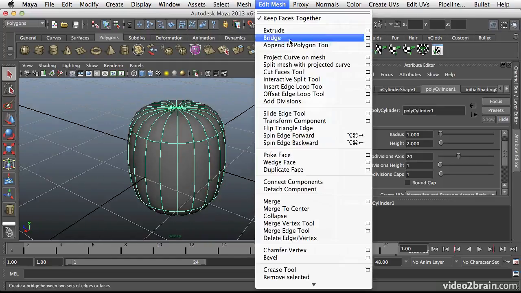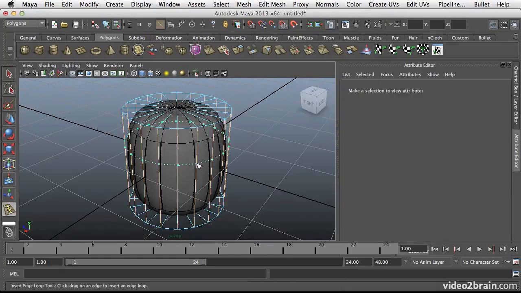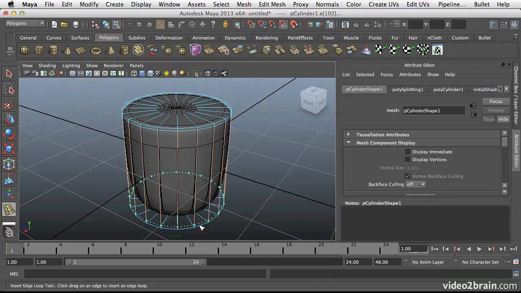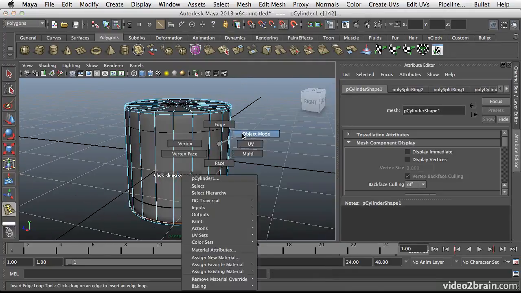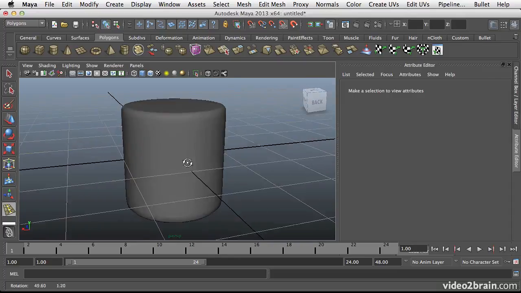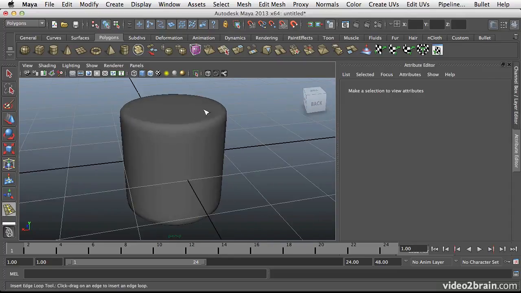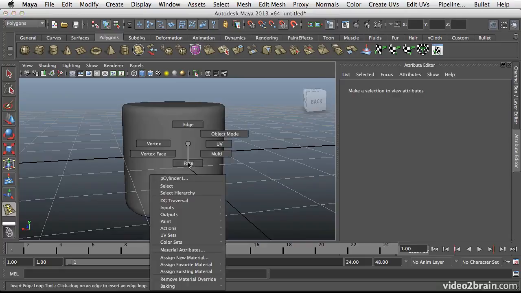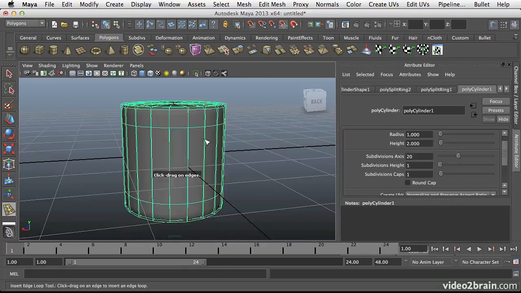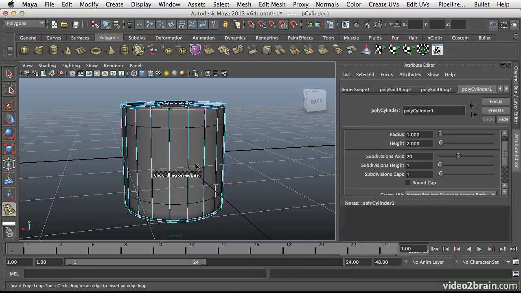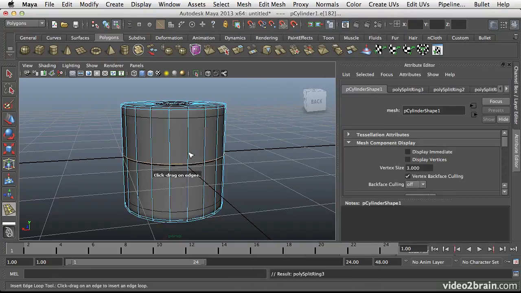So I'm going to go up to my Edit Mesh menu, and I'm going to choose Insert Edge Loop. And I'm just going to click and drag one there, and I'm going to click and drag one down there. And now again, we'll go back to our object mode, and you can see I've really reduced the amount of pulling that's happened around the top edge there. So now I can go in here, and let's select this object again, and let's go back up to Edit Mesh. And once again, I'm going to do Insert Edge Loop here, and I'm going to put a loop right there,